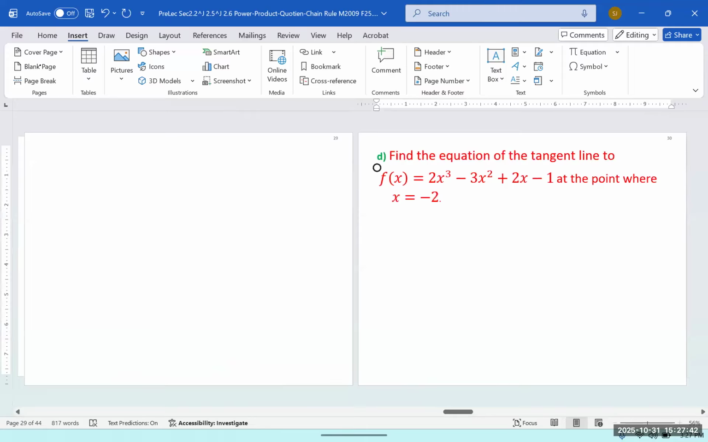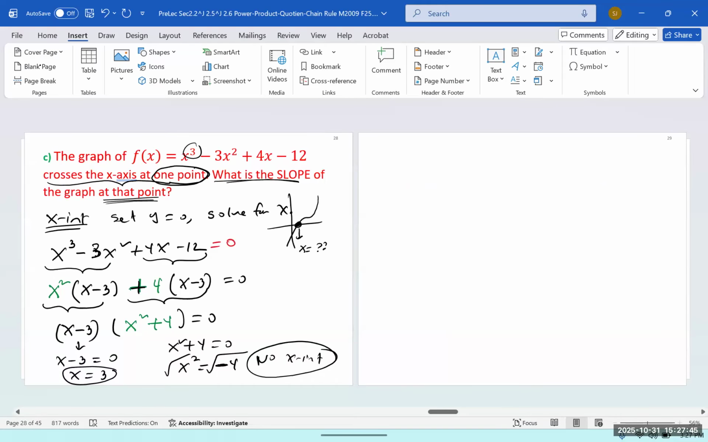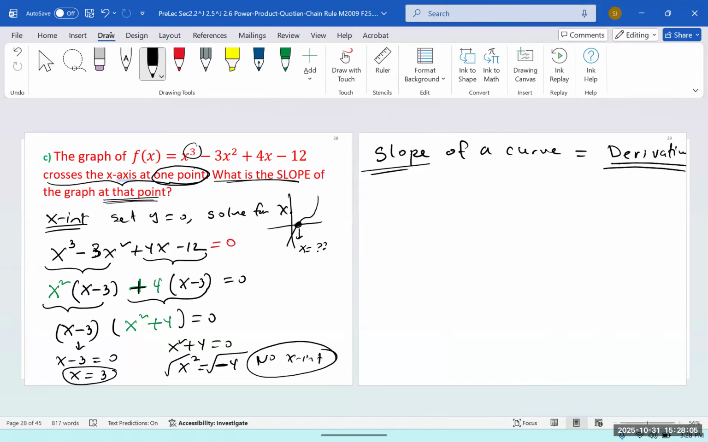Y equals mx plus b is the slope of a line. But here they're saying the slope of this curve. Derivative. The slope of a curve is the same as finding the derivative. So if you want to find the slope of the curve, you have to find the derivative of this function. So f of x is x cubed minus 3x squared plus 4x minus 12. To find its derivative,